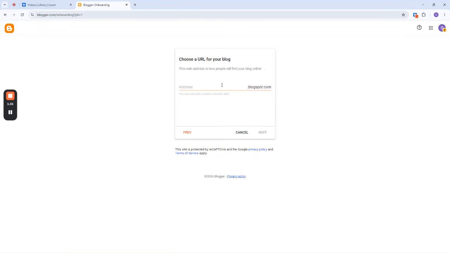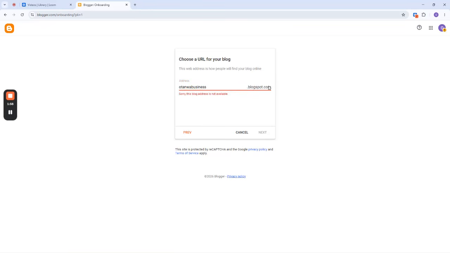Now it wants to get the address of your blog. So here you want to say Ottawa. Here now this is your address part, and this part does not tolerate spacing. So when you're typing the name here, you don't need to press space. It's not allowed. All the text has to be together. So I want to say Ottawa business